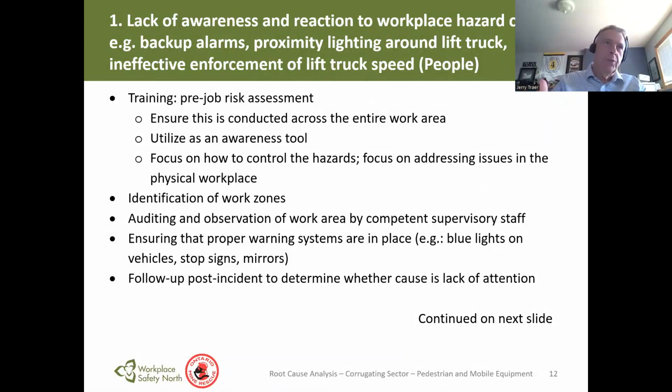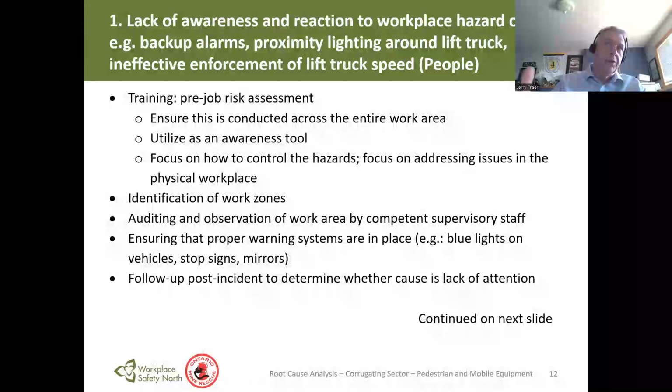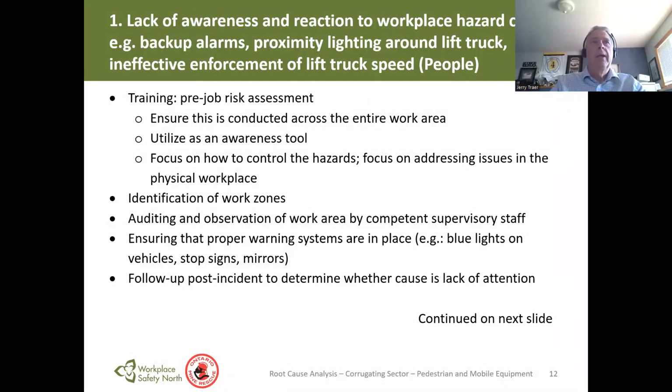So the first one, with the lack of awareness and reaction to workplace hazard cues, there were a couple of things that we identified. We talked a lot about training, pre-job risk assessments, ensuring that's conducted across the entire work area. We came up with utilizing awareness tools, focus on how to control the hazards, focus on addressing issues in the physical workplace. So we got into identification of various work zones and auditing and observation of work area